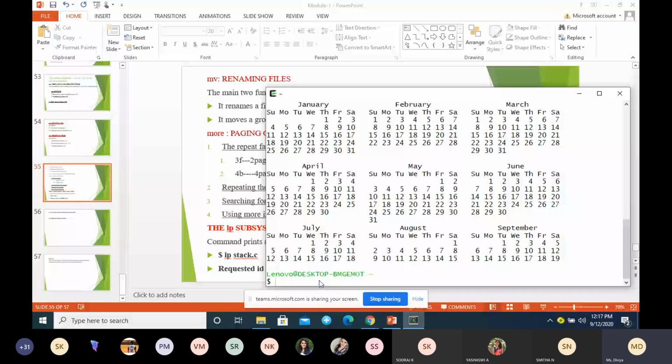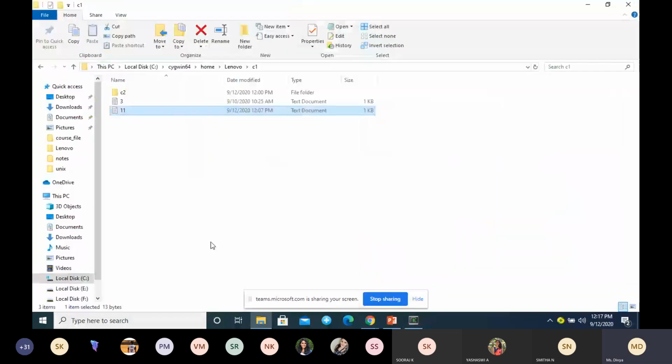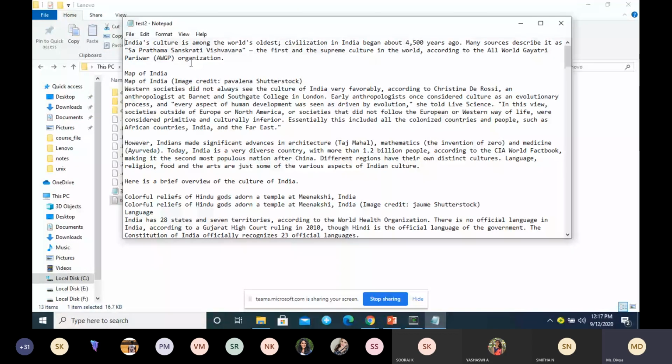Now, to view a file, you can see here, this is a file text2.txt. Purposely I have added more lines in this file, so it is a multi-page file. It will last for more than 2-3 pages.